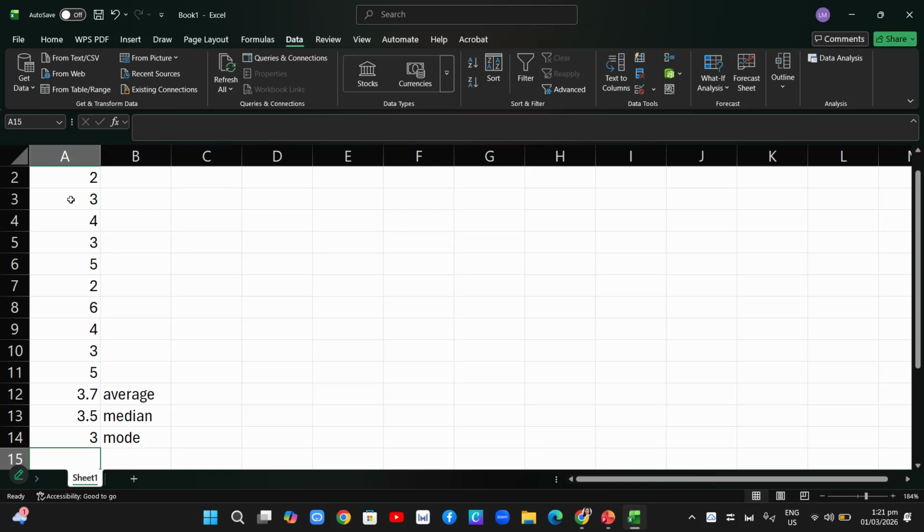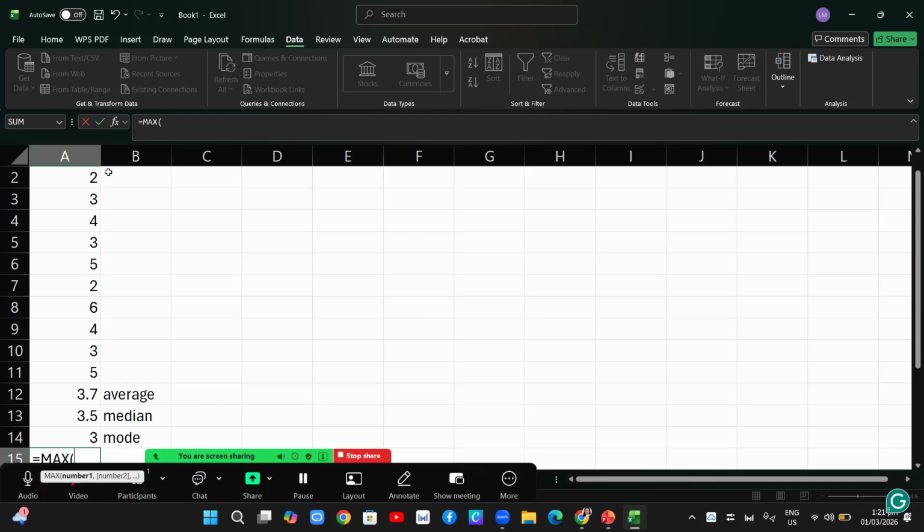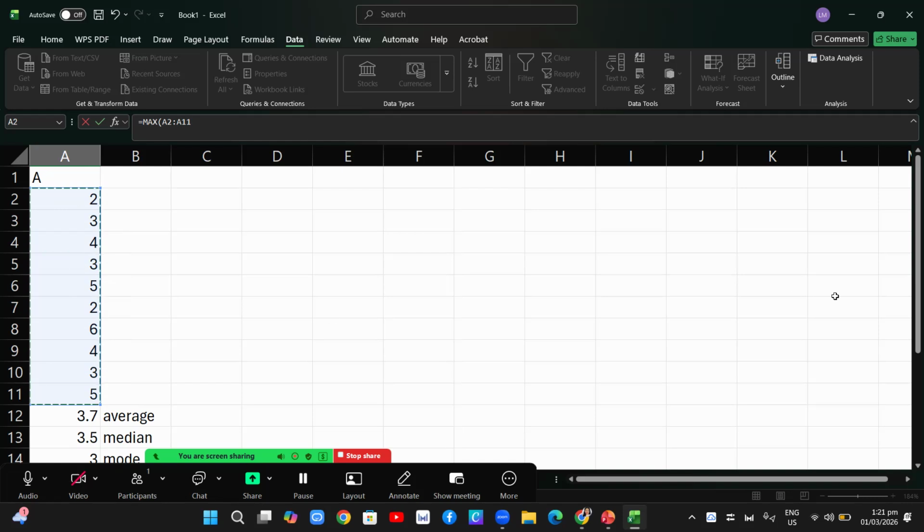Okay, so now let's compute the range. Again, you will enter the equal sign and then max, and then open parenthesis, and then highlight again your data, press shift and arrow down, until A11. So this is A11. And then close parenthesis.